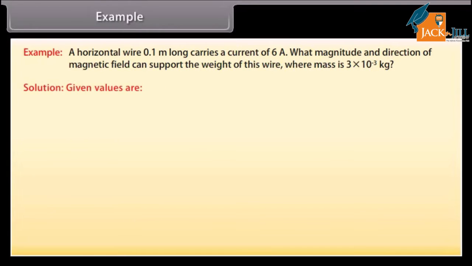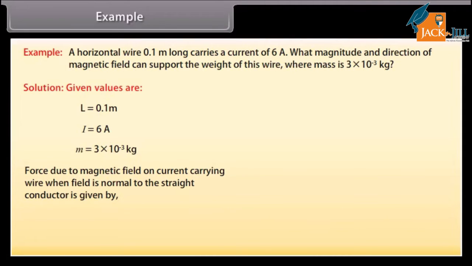Let's see the solution. Here, the given values are L = 0.1 meters, I = 6 amperes, m = 3 × 10^-3 kilogram. Force due to magnetic field on a current-carrying wire, when the field is normal to the straight conductor, is equal to BIL. Weight of the wire is given by mg. On comparing these two equations, we get